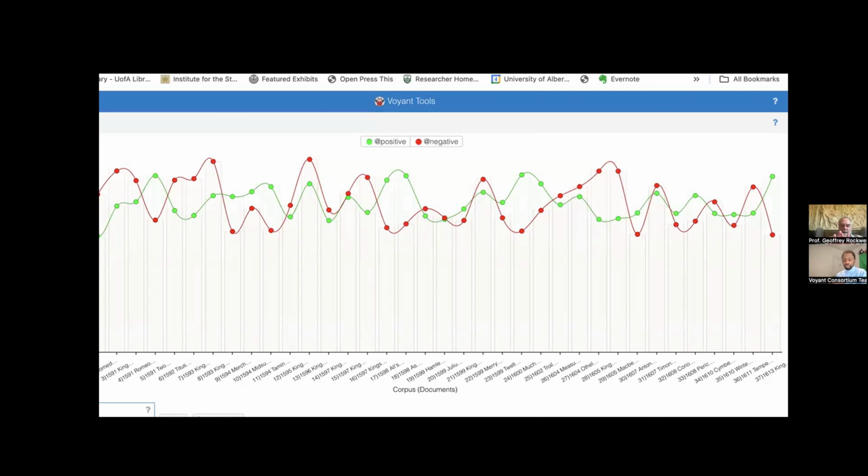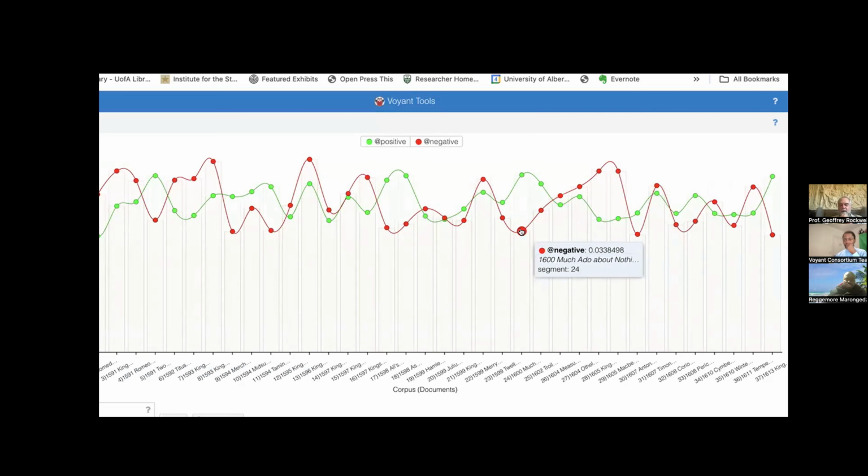So we can see positive and negative. Now we're seeing it over the entire corpus. So it seems as if, what is this? This is Macbeth. Macbeth seems to have more negative words than positive words. King Lear, could it be that whereas Much Ado About Nothing, maybe the comedies are a little bit more upbeat and positive than the tragedies. This is As You Like It, All's Well That Ends Well. So you could try to draw some